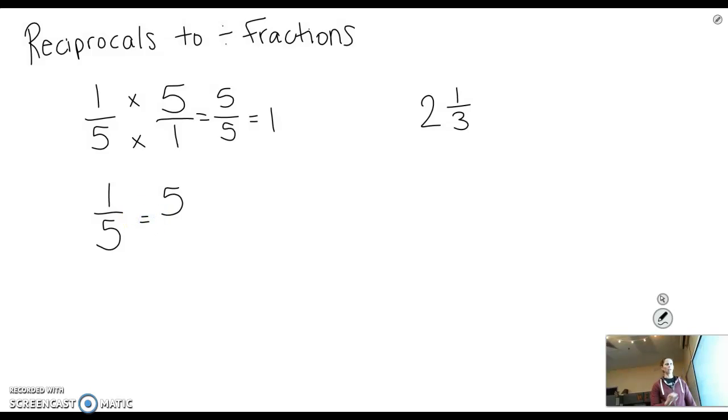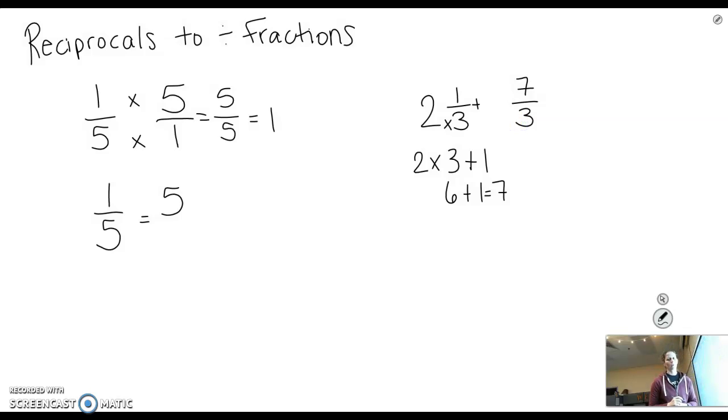Okay, let's look at 2 and 1/3. So in order to find its reciprocal, we have to turn this mixed number back into an improper fraction. And we learned that earlier back in chapter 4. So remember, to turn a mixed number into an improper fraction, we do 2, the whole number, times the denominator plus the numerator. So we'll have 2 times 3 plus 1, which equals 6 plus 1, which is 7. So this is my new numerator. So now I have